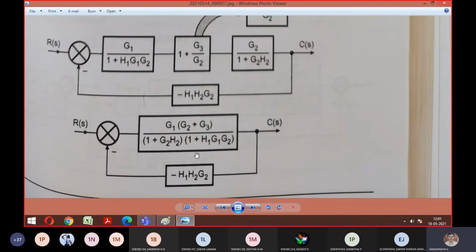Then again, what is the last step now? You need to apply elimination. That's it. If you do that, whatever the final answer left out, that itself is your transfer function. I hope everyone got how to solve the problem if they give based on these rules. So if anybody has doubts, you can ask, or else that completes your block diagram concept.